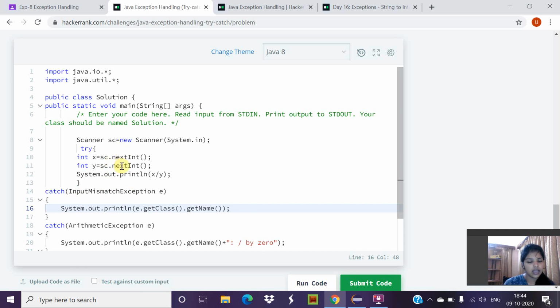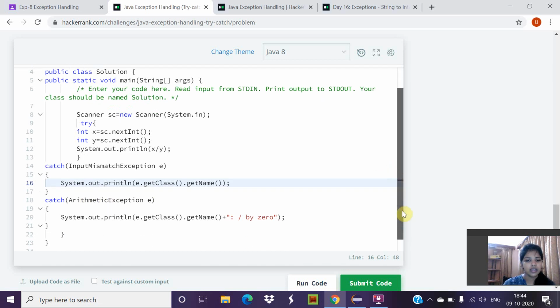In case of exception, we are using the try block, and catch is used for declaring the type of exception. So here it is InputMismatchException e, and it will print the exception dot getClass dot getName. The next catch is for ArithmeticException.